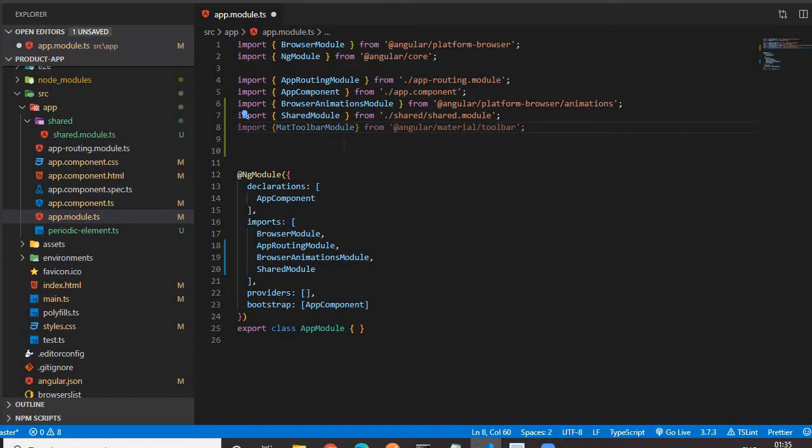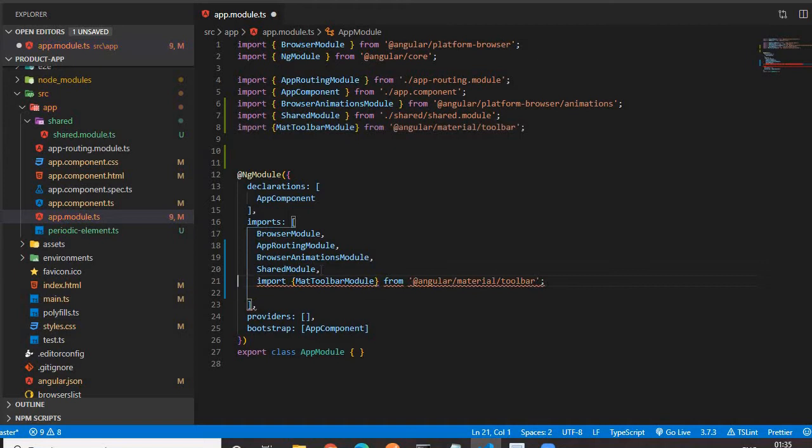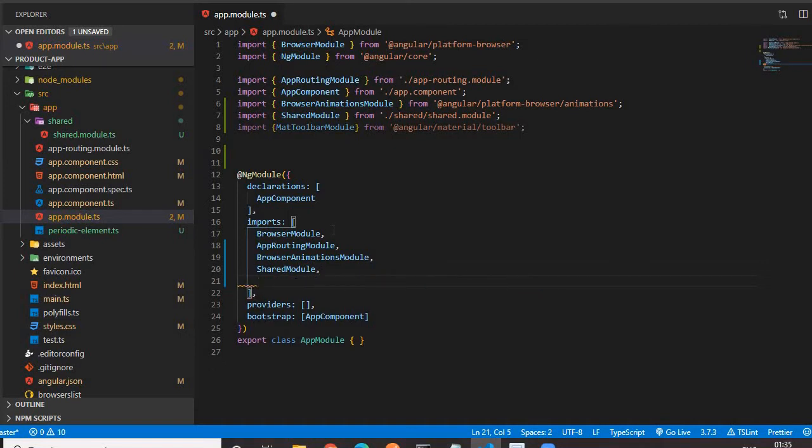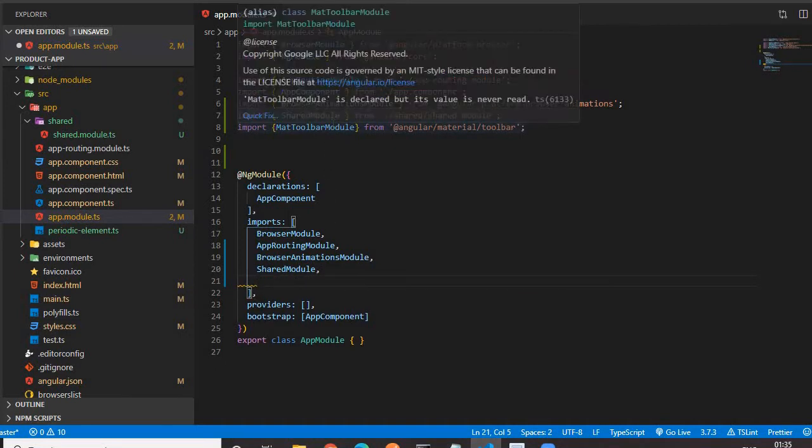Okay, once you import it, it's a module. Whatever you import, we need to declare within the imports array section. So just declare it, comma, declare it. Declare the name of the module, not the import statement.